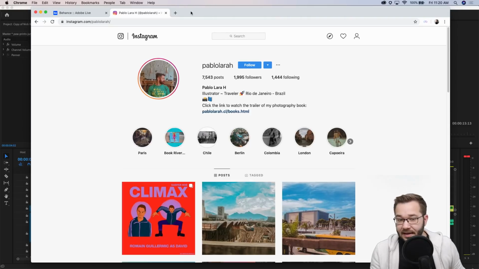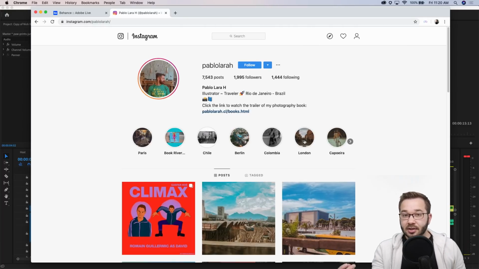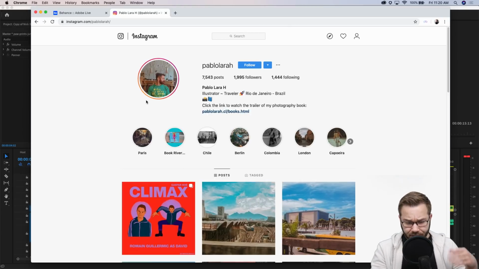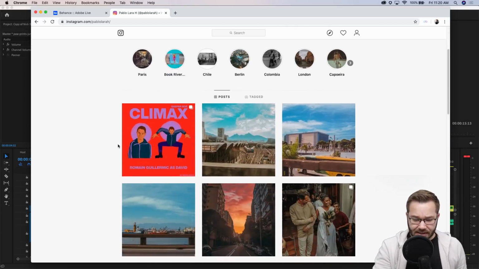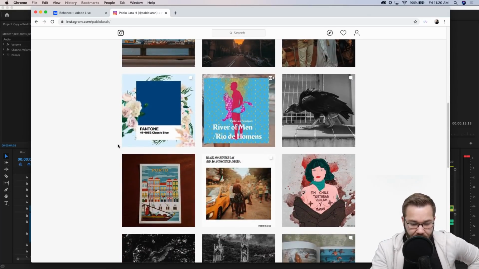The only thing, maybe to make these a little bit more interesting and cohesive, if you are an illustrator, it would be really cool to see some illustrated highlight covers. So maybe you draw a version of Paris and Chile and Berlin and all these places. You could do an illustration to really quickly show off examples of your work. Even before people get into the feed, that will kind of introduce them to who you are and what you do. Stoked to see you've got some Instagram stories up, and I'm going to scroll through a little bit and take a peek at some work.